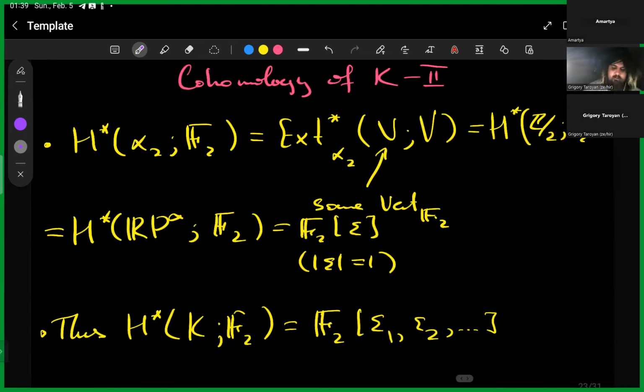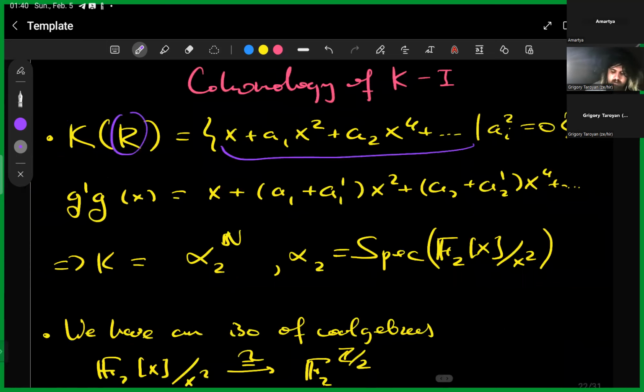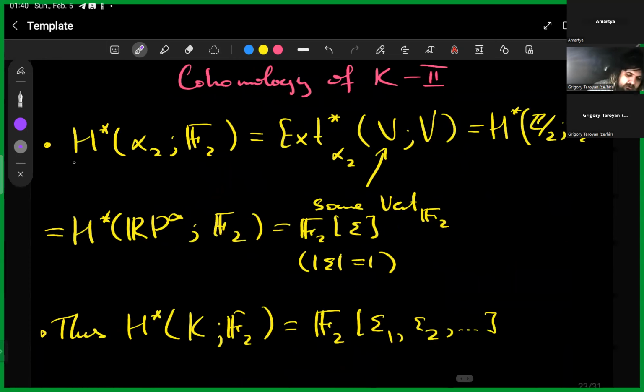In particular, this means that cohomology of X in the category of comodules over this coalgebra can be computed in the category of comodules over this coalgebra, which immediately implies that the cohomology of alpha 2, which is equal to this X,